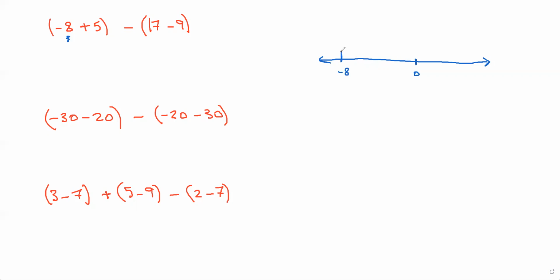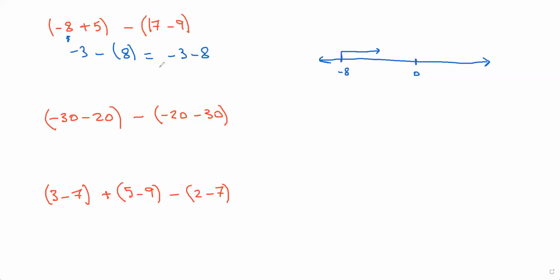So you're either going to go left or you're going to go right. If you're adding, you're going right 5 spaces. That will take you to negative 3, because negative 8 plus 5 gives you negative 3. Minus. I'm going to keep this in brackets for now. Now here it's 17 minus 9. So 17 minus 9, that's what you're used to. 17 minus 9 is going to be 8. So now this simply becomes negative 3